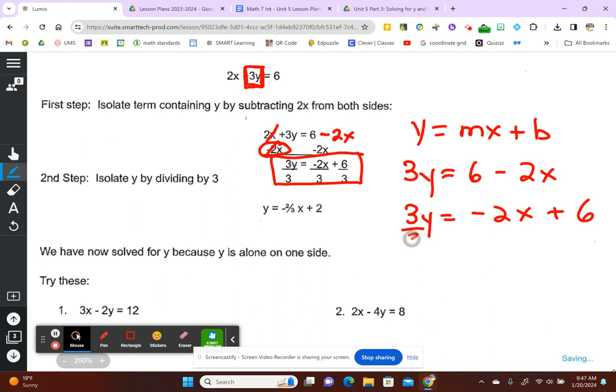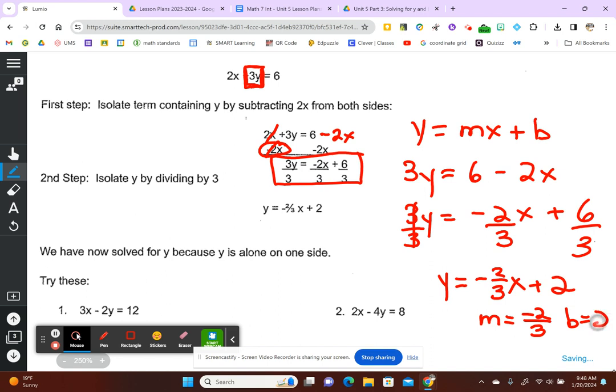Now I'm going to divide everything by 3 because I want to isolate the y, and I get y equals negative 2/3 x plus 2. As soon as I do that, I know now my slope equals negative 2/3 and b equals 2, and I know